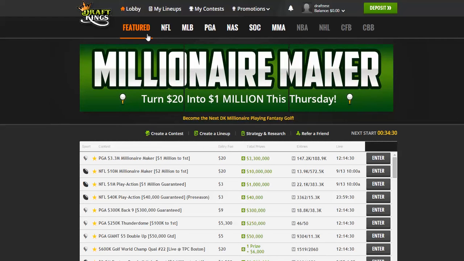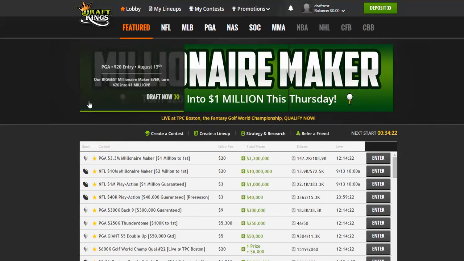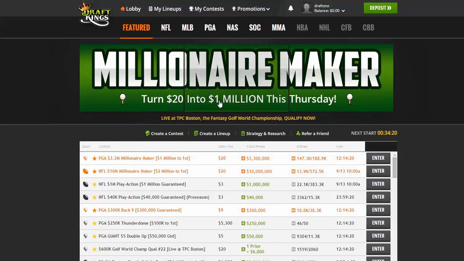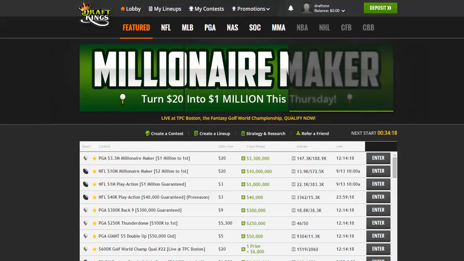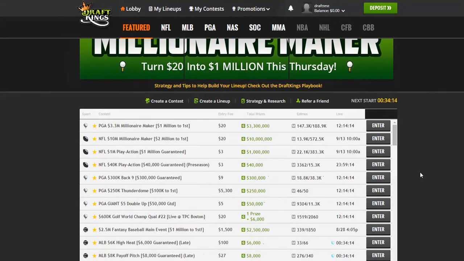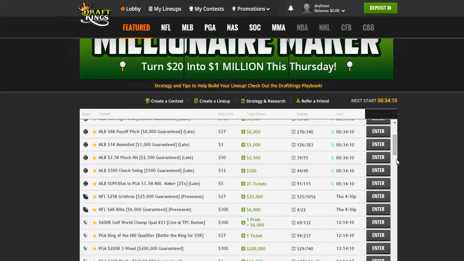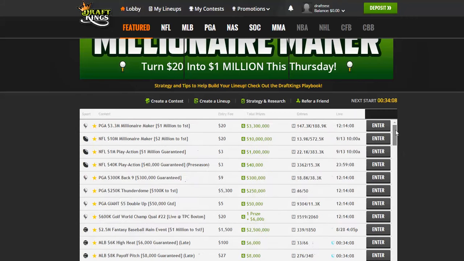Up top, you see a top navigation, and you'll see it's on featured by default. And what this means is this is just the featured contest that DraftKings is running right now. This will usually show 3 different contests, but in this case, they're showing all 3 images as the Millionaire Maker for PGA. And down below, they've selected contests from various sports, which are their featured contests, usually higher prizes, usually